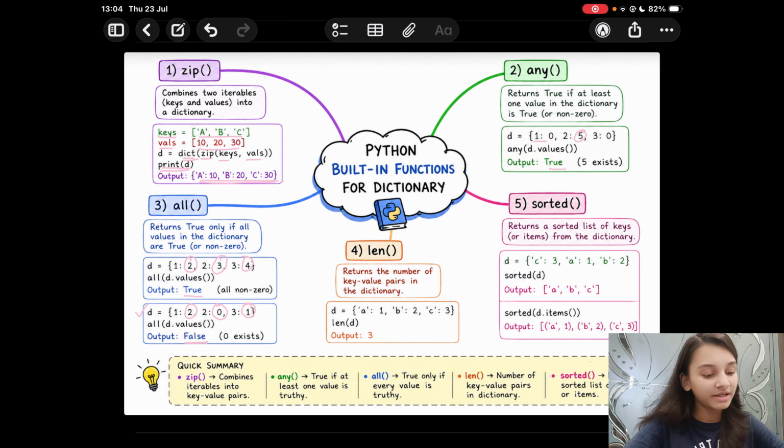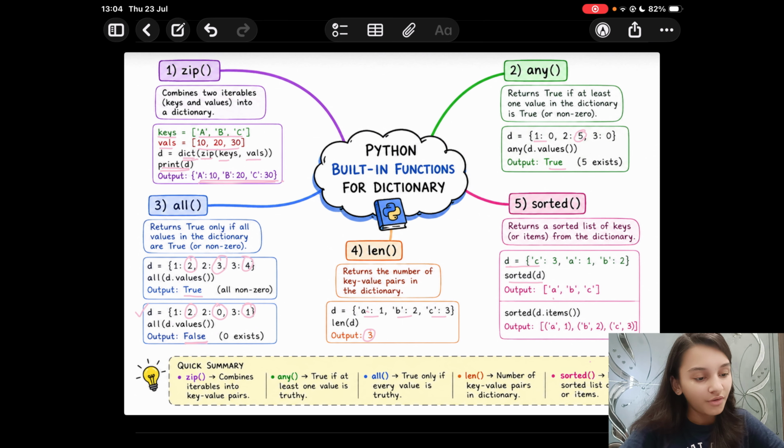Moving to the len one, which will give us the number of key value pairs. So here in this dictionary we have 3 key value pairs. So we get a value of 3. Next we have sorted, which returns a sorted list of keys or items from the dictionary. Supposing we have a dictionary D over here and we use the sorted function.